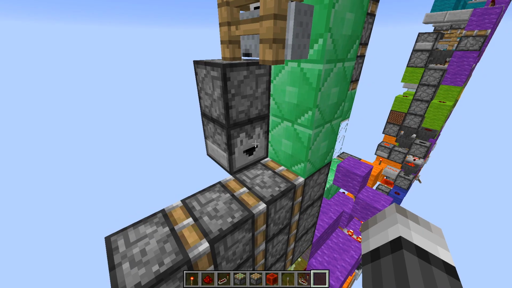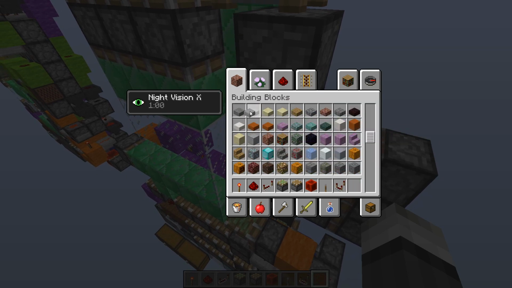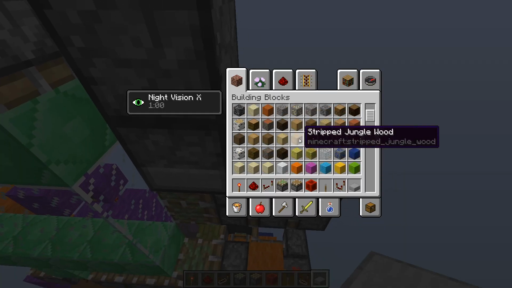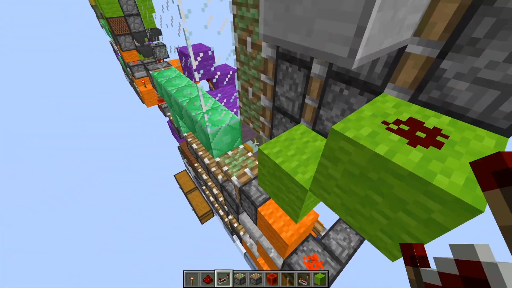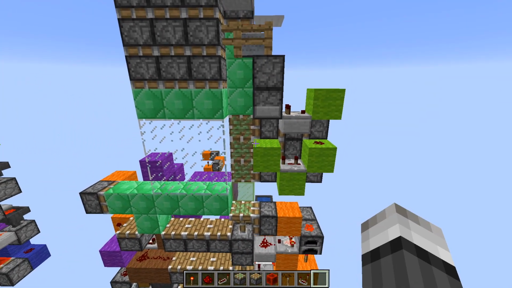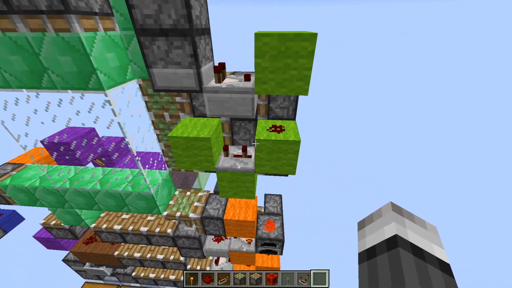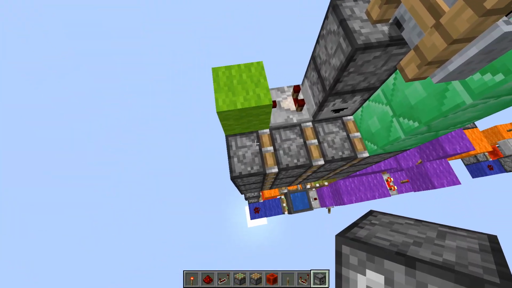So yeah, we're gonna read this dropper with a slab right there into a block, and then dust, and then a 3-tick repeater into there. So that's the extension of the bottom triple and the middle triple. The top triple will actually extend with this dropper,